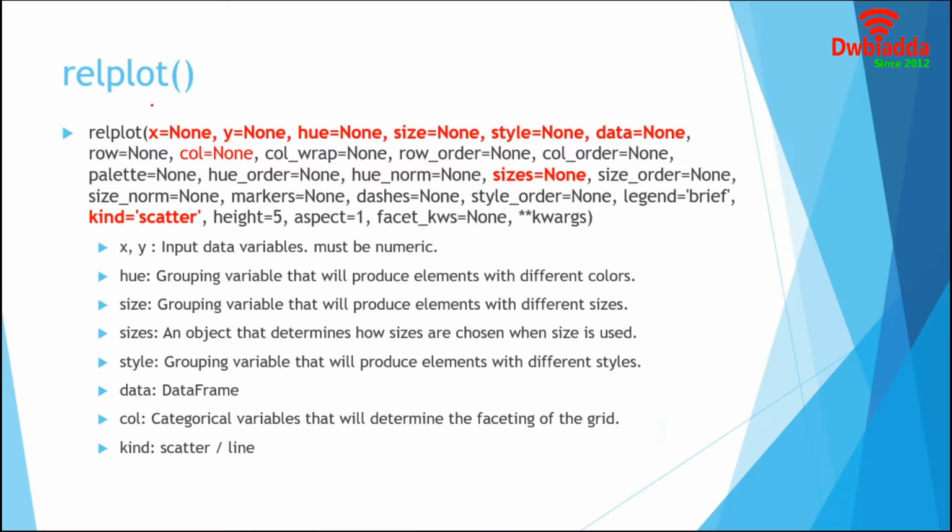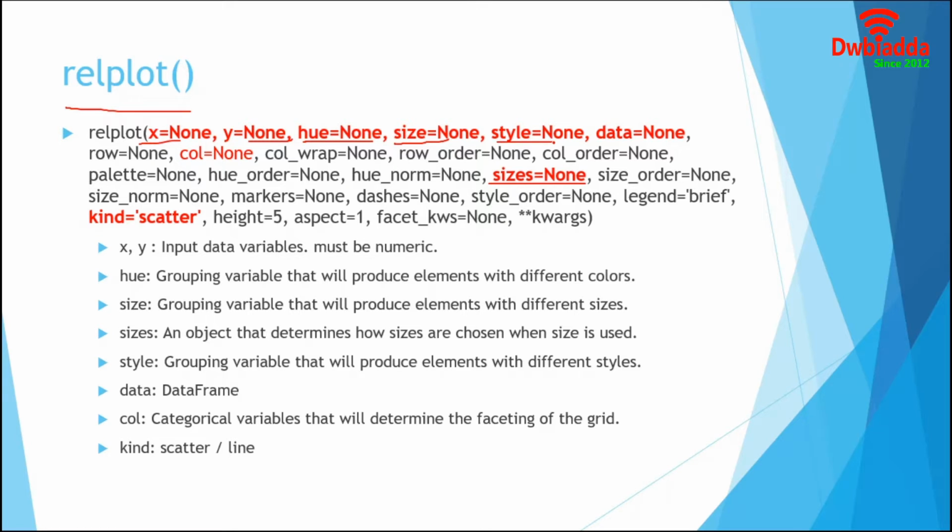In Seaborn, we work with this relplot function. There are several ways to draw a scatter plot in Seaborn. The most basic, which should be used when both variables are numeric, is the scatter plot function, which is the default kind in relplot. We have a good number of parameters to represent our data effectively in relplot. These x and y are input numeric variables. We can add our third variable in hue, and it will produce group elements with different colors. Size parameter will visualize group elements with different size. This sizes is used to determine the size.